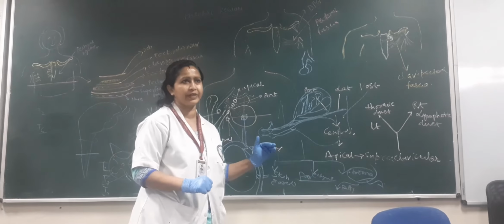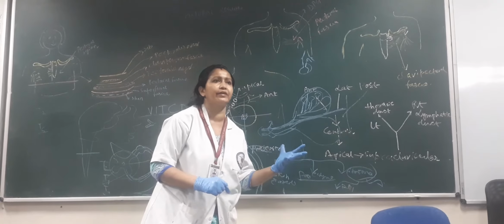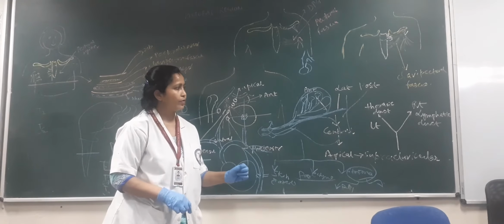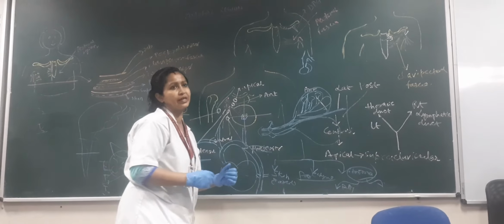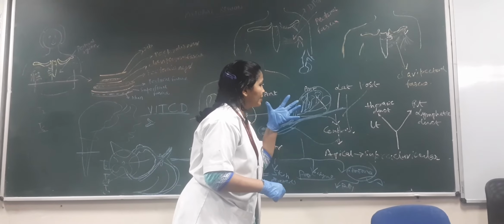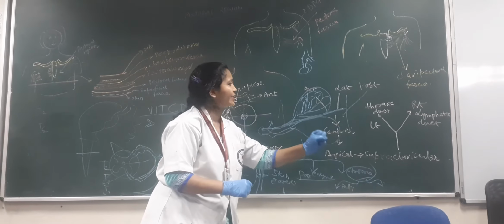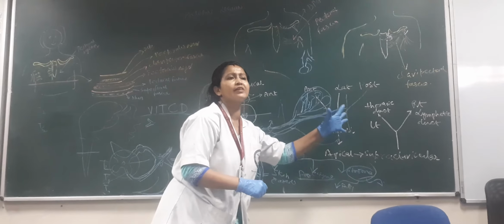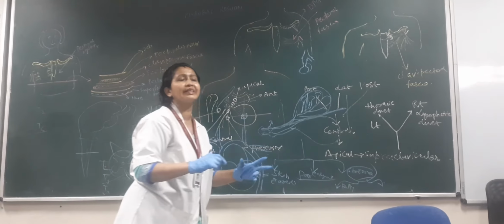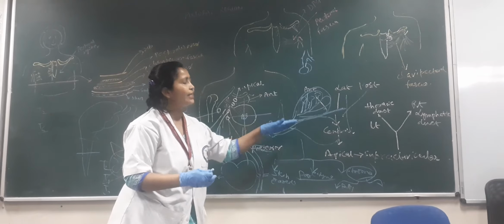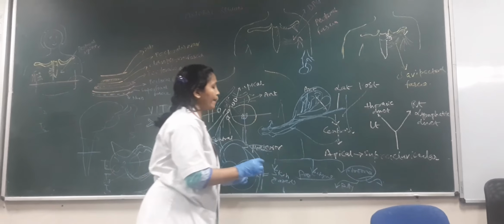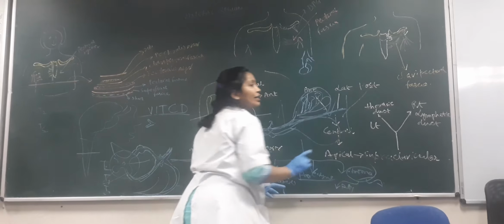great clinical significance as it gets shortened in case of breast carcinoma. Okay, so it gives a puckered appearance. It gives fixity to the chest wall. The breast will fix to the chest wall due to the infiltration of the cancerous tissue within the suspensory ligament of Cooper. Okay, so it has got great clinical significance.